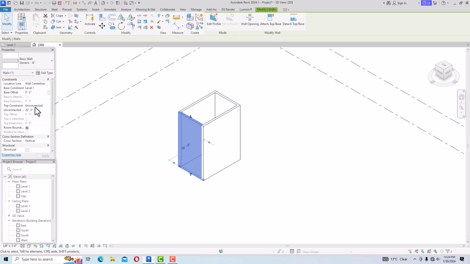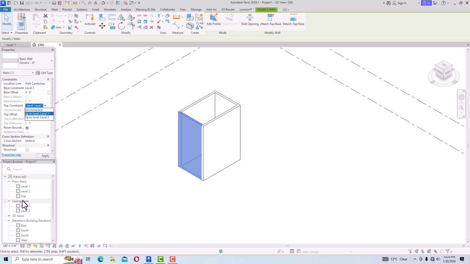So this is top constant. Top constant means at which level you want your wall to go up in, like level 1, level 2, and this is selected as unconnected. So unconnected means whatever the dimension you will put here, this will take, there is no limit. But if you select this arrow here and you can select this one, if you select up to level 1, this will take the level 1 height, and if you want to select up to level 2,